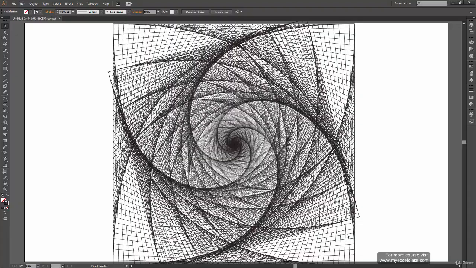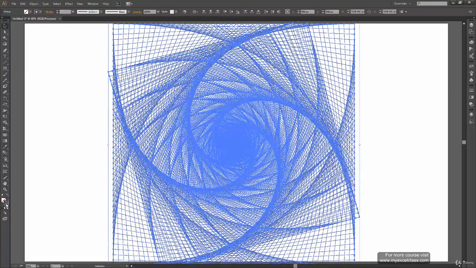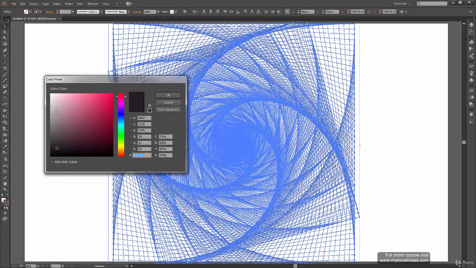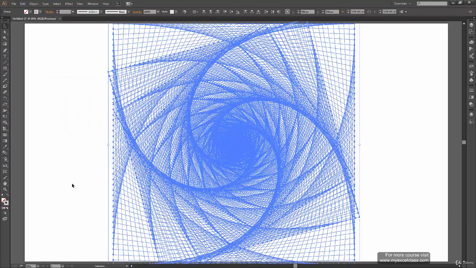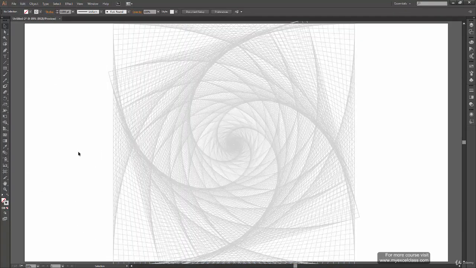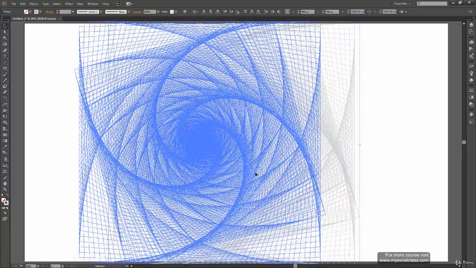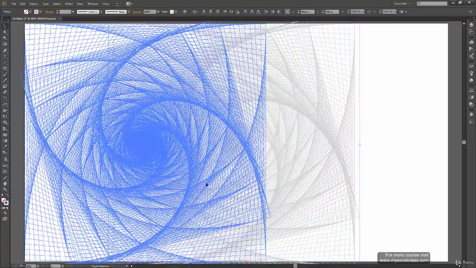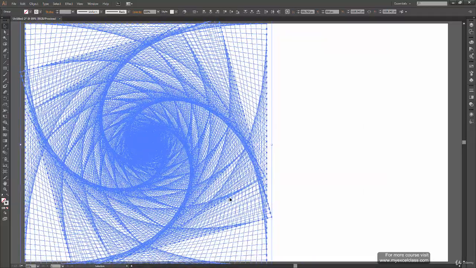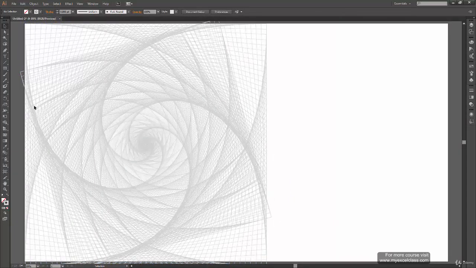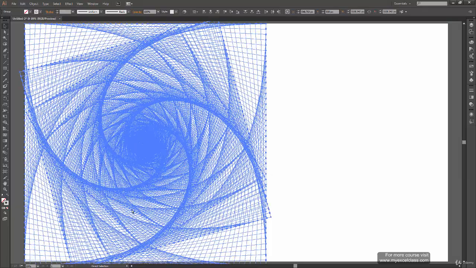So I am using Ctrl A to select all of them, and now go to this outline color and select a light gray kind of color so that it doesn't look too dark. All right, now we can shift it a bit here. Now this is all a presentation part, and I'll just undo it right now.